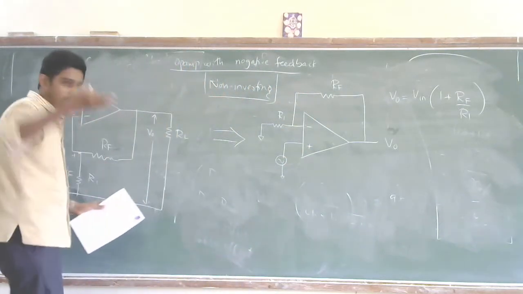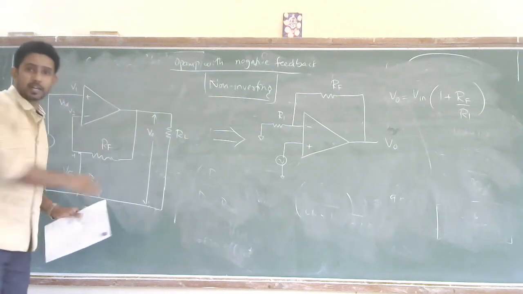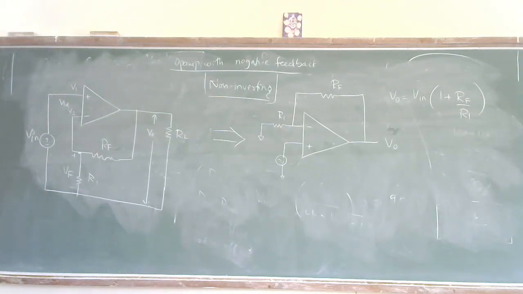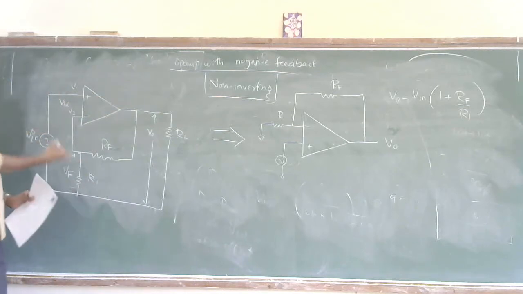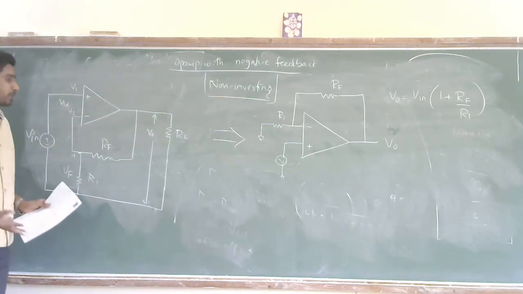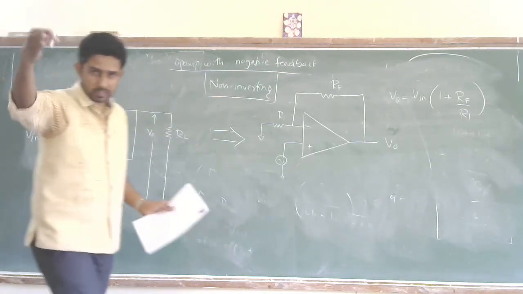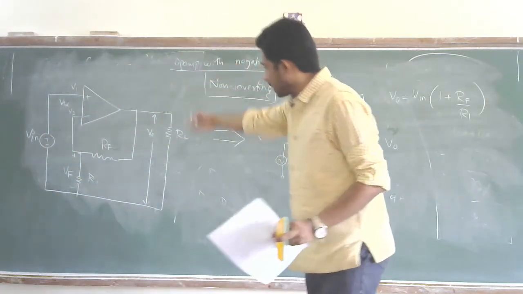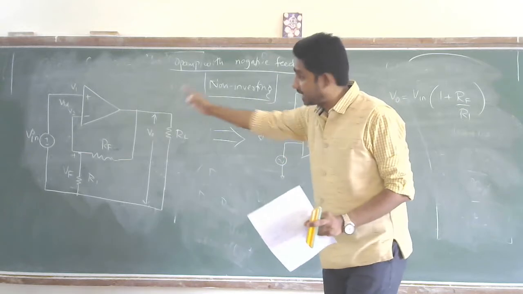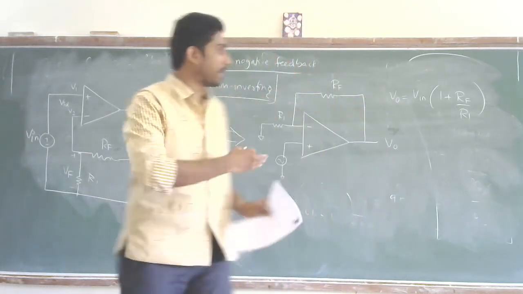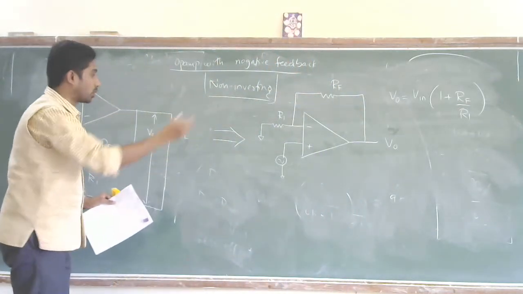Now, when I claim a circuit is the same, that means the expression whatever I am going to obtain will remain exactly the same. But you may ask, why did they modify the circuit like this, sir? A simple question you may ask. I will tell you when I complete the derivation or analysis of this. I will tell you why they did that conversion. But let's try to compare whether this is exactly matching or not.